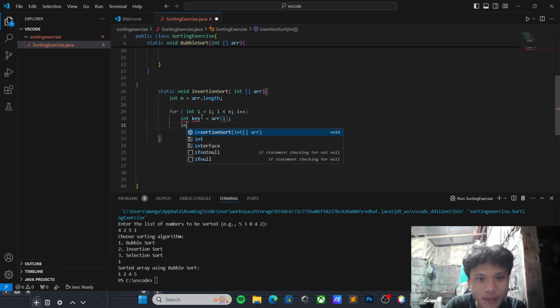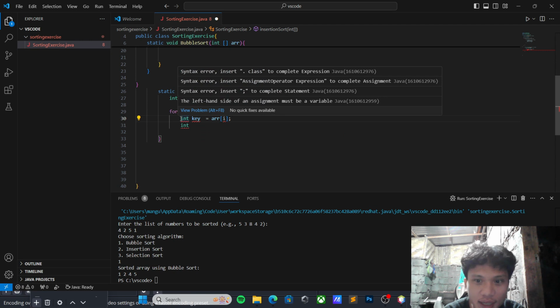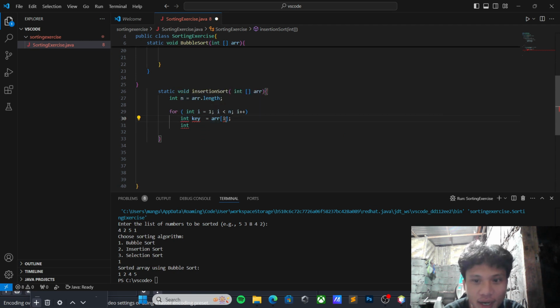As I said, this initialization selects the current element at i as the key, which will be inserted into the correct place in the sorted part of the array, with elements before i. Also we have to create another variable j equal to i minus 1.